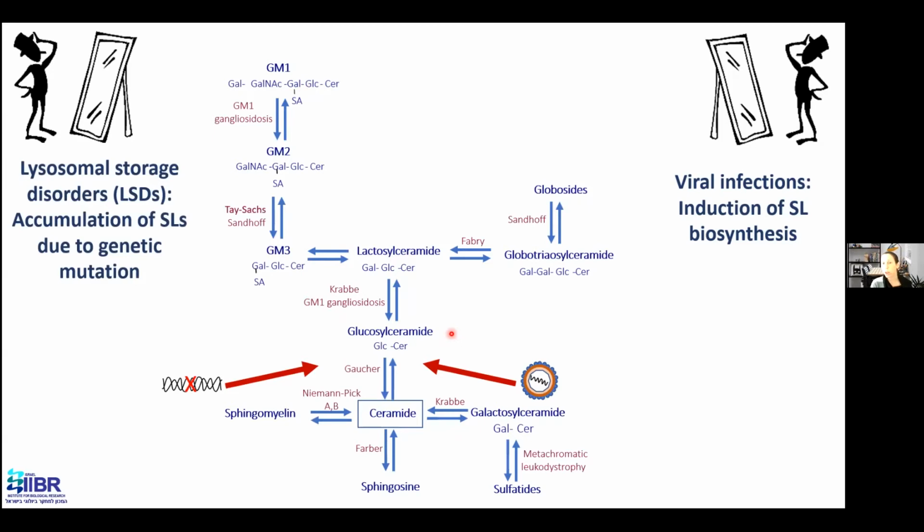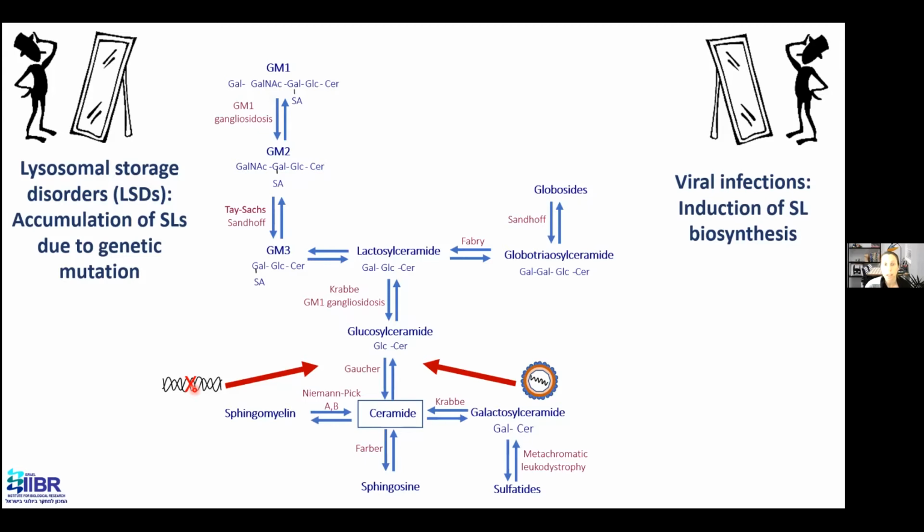Now, accumulation of glycosphingolipid is a phenomenon that we also see not only in viral infection, but also in lysosomal storage disorders. That was the field I worked in, in Tony's lab, mostly on Gaucher disease. Gaucher disease, for example, is caused by a mutation in the gene encoding glucosylceramidase, leading to accumulation of glucosylceramide. So we see here two different etiologies of disease. In viral infection, we believe the elevation of sphingolipid is due to increased synthesis, and in lysosomal storage disorder, the elevation is because of decreased degradation. But no matter what the reason, the outcome in both scenarios is the same, and the outcome is more sphingolipid or glycosphingolipid